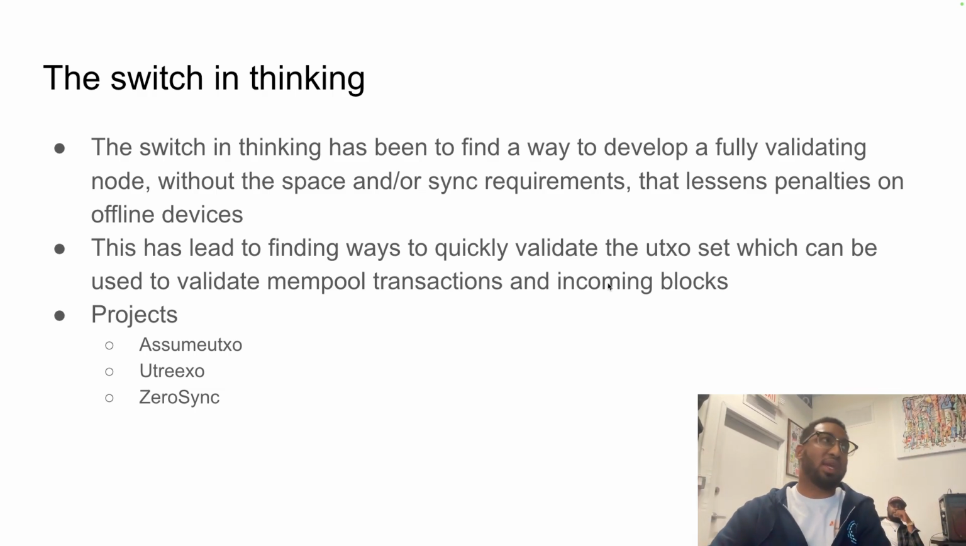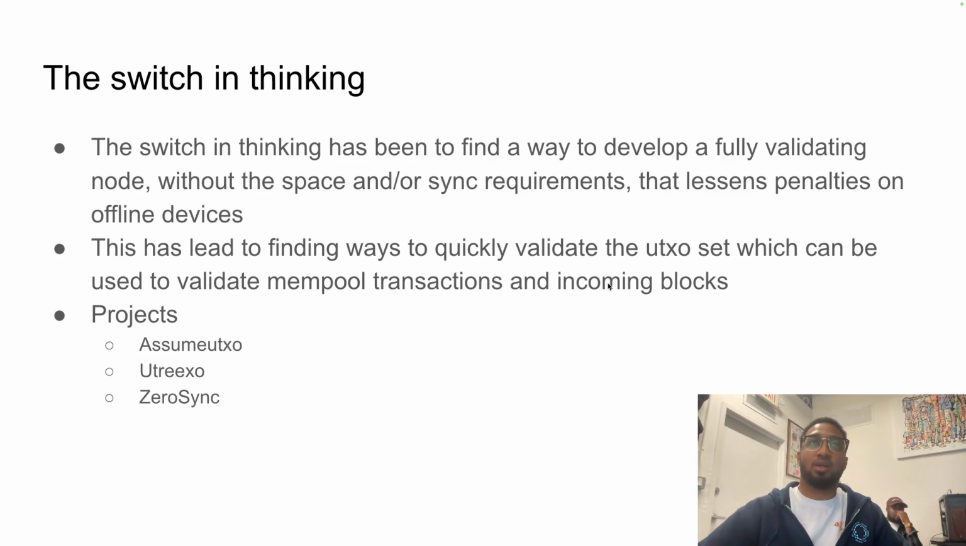And I would say the switch in thinking with this has been to find a way to develop a fully validating node without the space and or sync requirements that lessens penalties on offline devices. So this has led to finding ways to quickly validate the UTXO set, which can be used to validate mempool transactions and incoming blocks. And some projects that have tried to bootstrap fully validating nodes that don't have all the blockchain data with them, but have a valid UTXO set and can validate all future transactions are Assume UTXO, Utreexo,